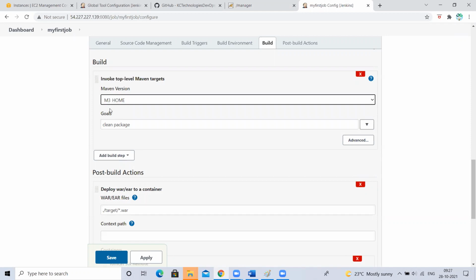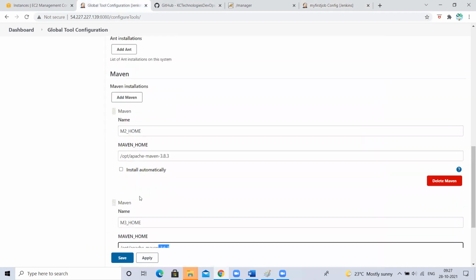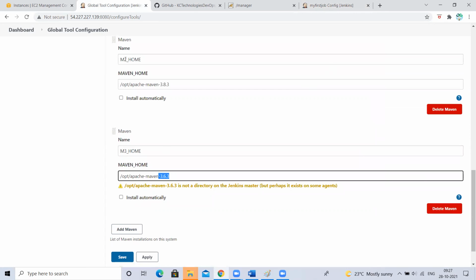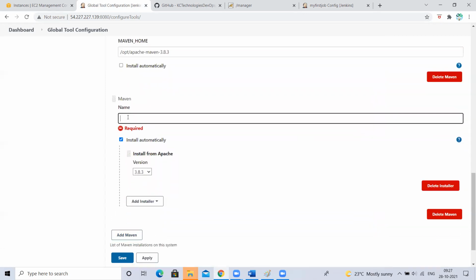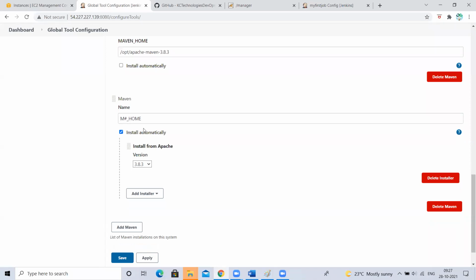Same way, download two Mavens, extract them to different folders, create the m2_home value, create the m3_home value, and set the path. At the end, the path variable has $m2_home and $m3_home. So you set up both things here in Jenkins and select one. I don't want to install one version; I can configure it manually. For the second version, I want to allow Jenkins itself to install automatically. This one is manually configured. The other one, I'll tell Jenkins like this: m3_home. Here, I don't want to configure manually. Let my Jenkins itself download. I'll go and select here.